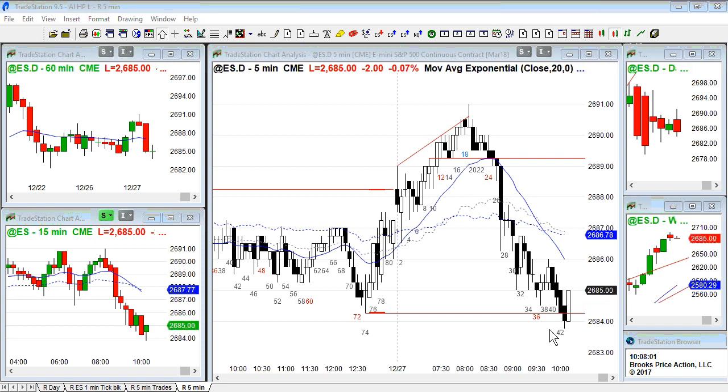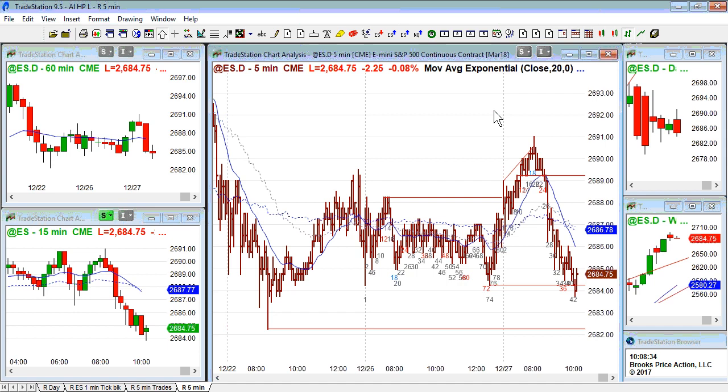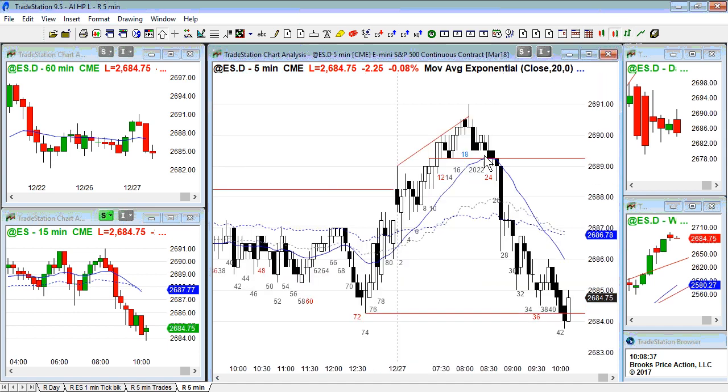Bulls do not yet have a very good looking buy setup. Can they simply buy at the market and use a wide stop like 3 or 4 points? They probably would be okay. At the bottom of a 2-day trading range, the market reversed up, trying to reverse up again, a higher low. Still always in short, but I think a lot of the bears, most bears will get out above a bull